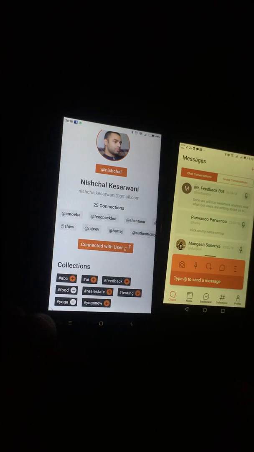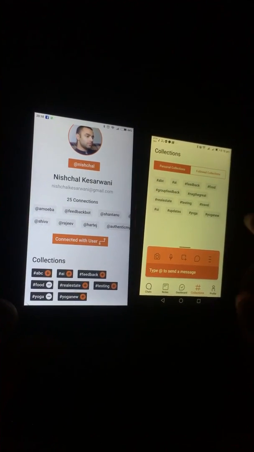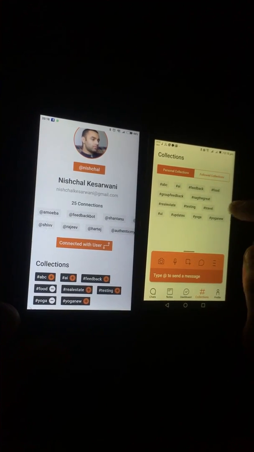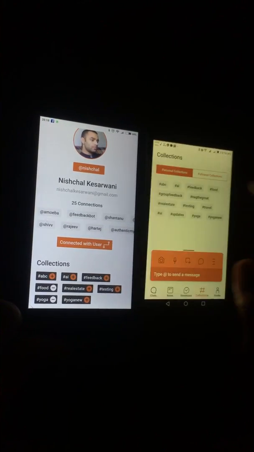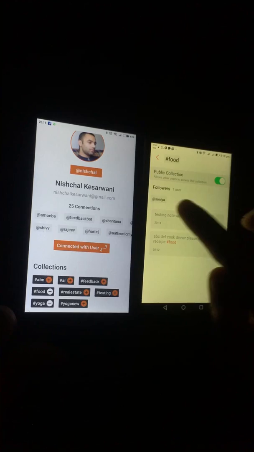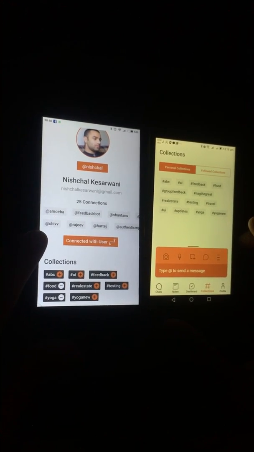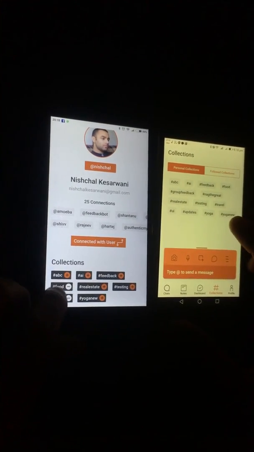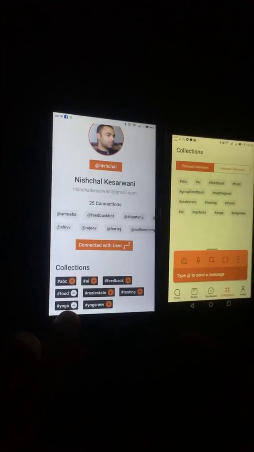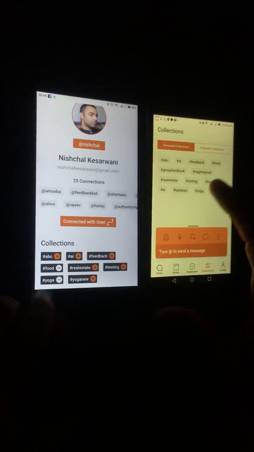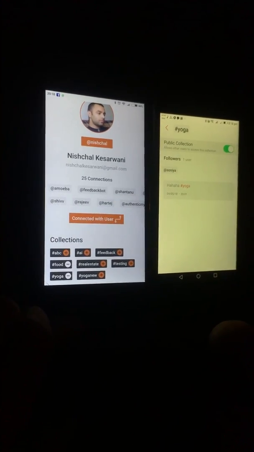So Sony is now following two of my collections, and I can see that in my personal collections. If I open food, it'll show me that @Sonia is following my collection. And if I go to yoga, it shows she's following this collection too.